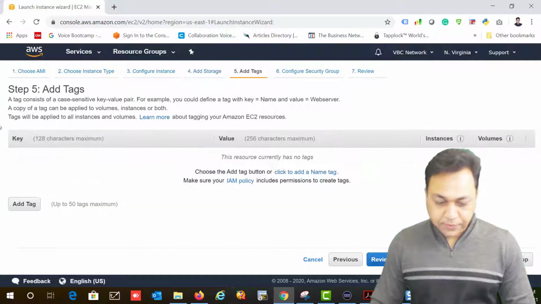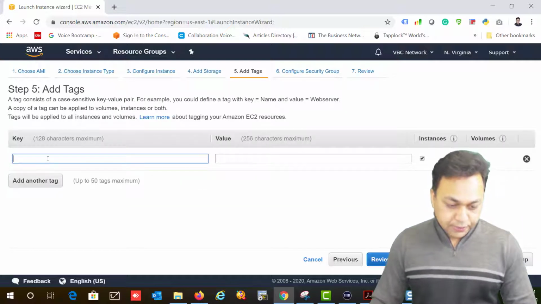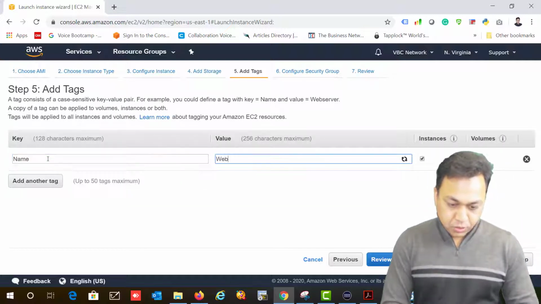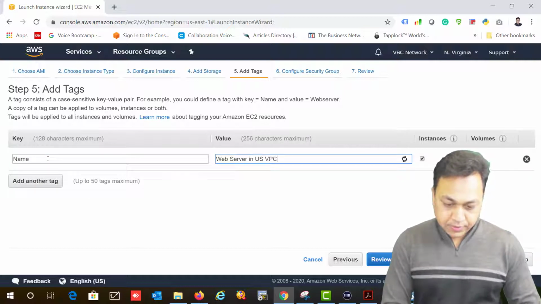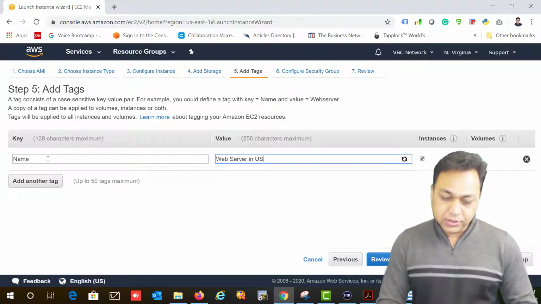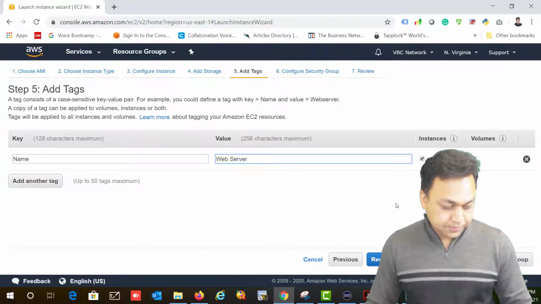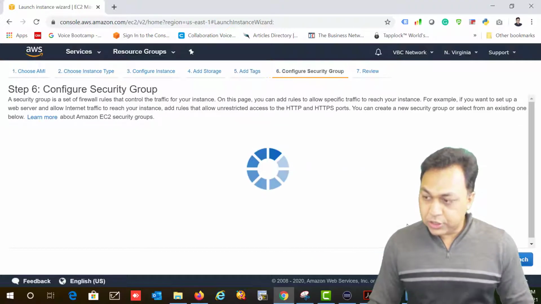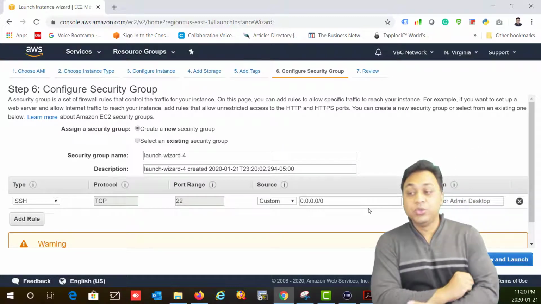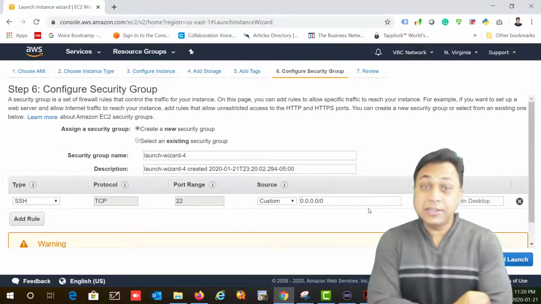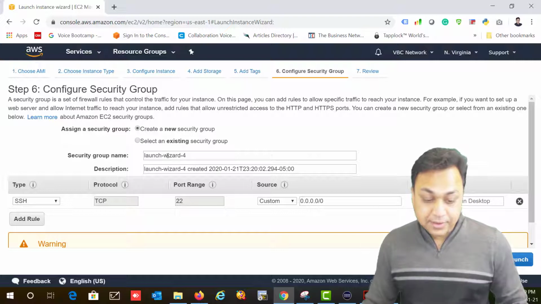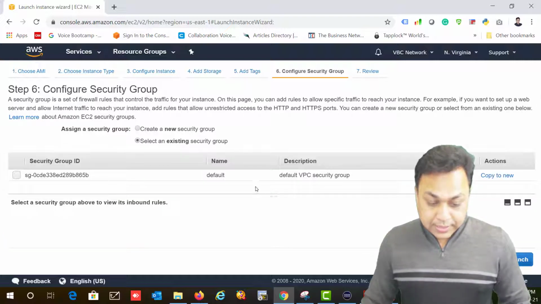Now my next favorite thing is tag. We're gonna define a name called web server in US VPC. Okay, I usually just call it a web server. That's fine. Security, this is where you're going to choose the existing security key that I just created in advance. So I'm going to choose that one, and